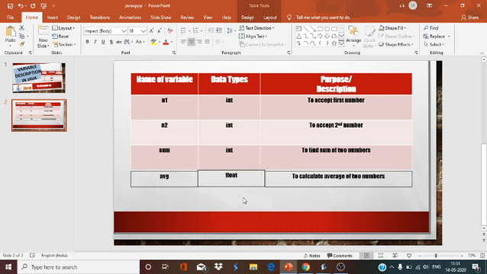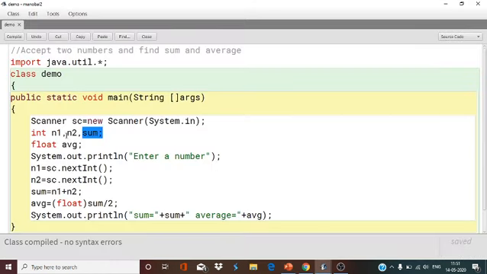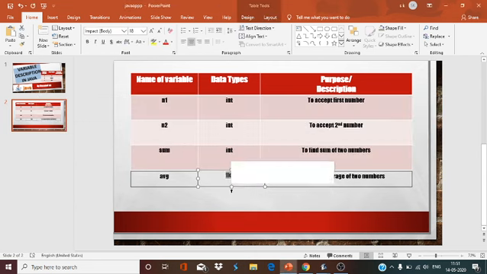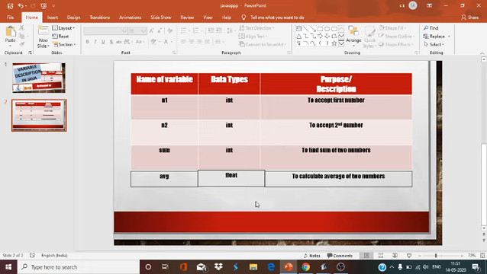Okay, so this is the description. Now is any more variable there? Let's see. Only four variables are there and I wrote all the descriptions. Then only you will get the full marks.